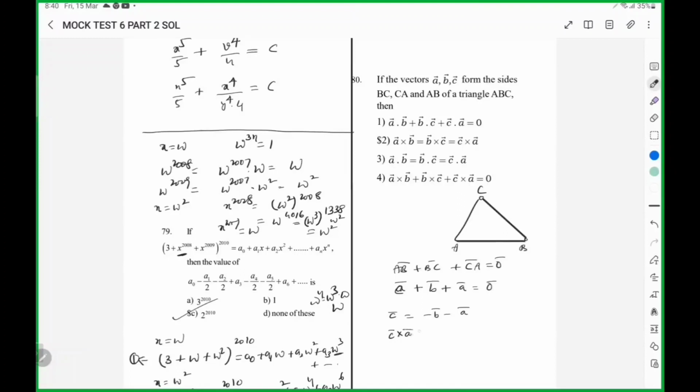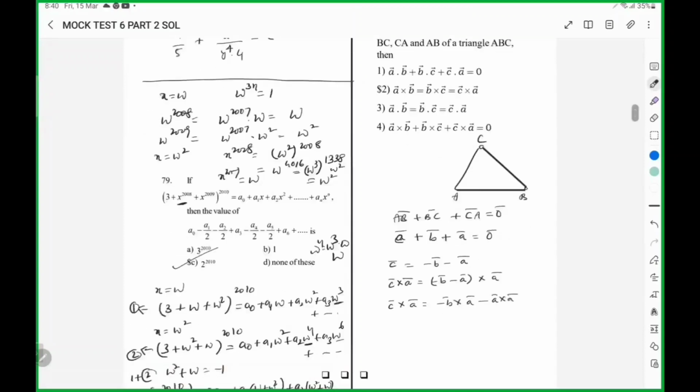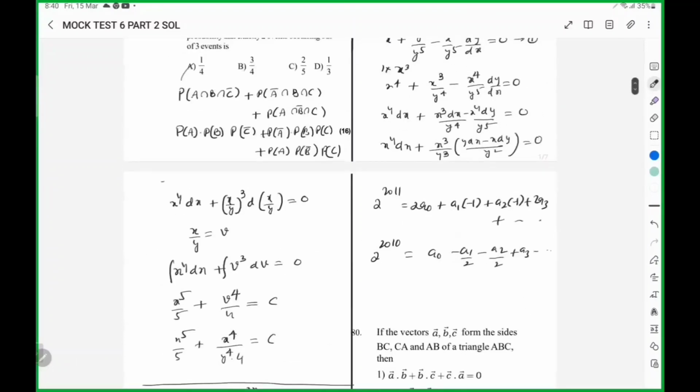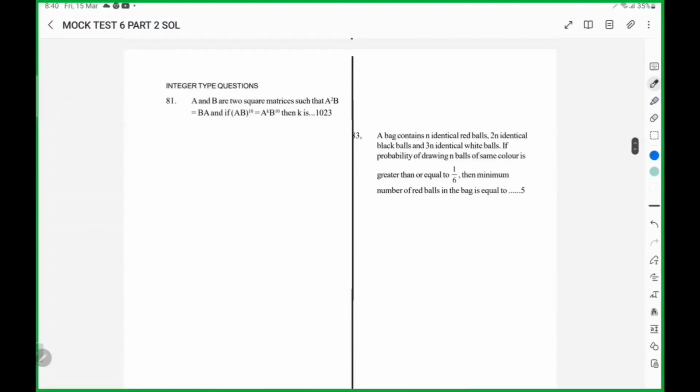So C cross A will be minus B cross A. So here it is, C cross A will be, A cross A is 0 bar. So similarly, if you make cross product with B, you get like this. So second option here,